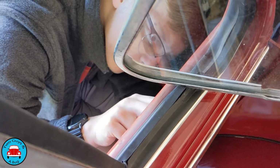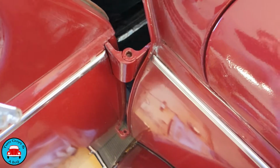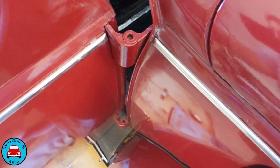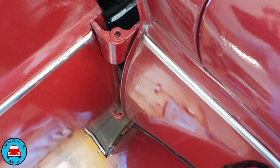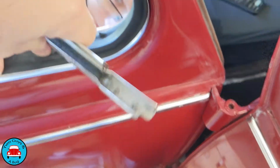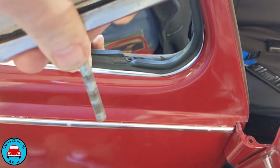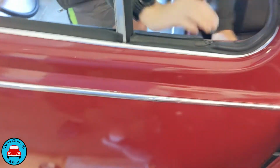Get on there. I'm gonna pull the glass out so we don't break that. Any thought? I think it's almost loose. Yeah, it is loose. There we go. Should be able to. I can loosen it a bit more if you want. Nope. Got it. So it's just a rod that sits down on there that's clamped in, and that also